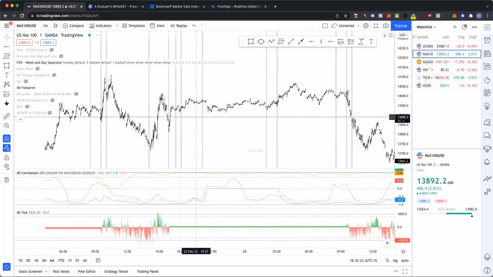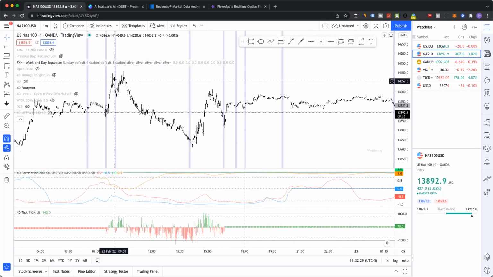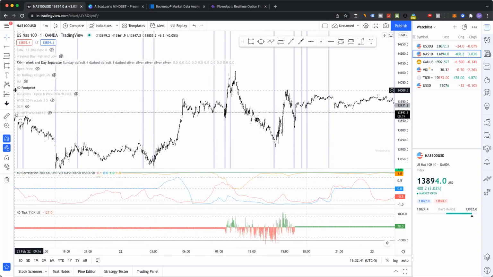So there's a lot to do with this, right? So you can see here at particular timings, give or take 5 minutes on each side, we have a movement, timings, movement in opposite direction, timings, pullback. Okay, so there's a lot to do with the timings with this indicator, and it's really amazing. And when you switch assets, so if you switch to US30, it'll have different timing footprints. If you switch to gold, it'll have different timing footprints based on historical data. Okay. And then we also have our,